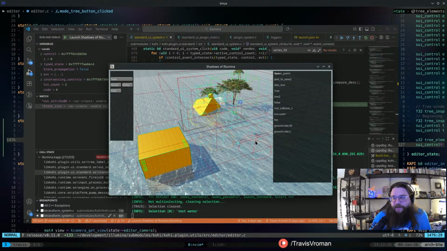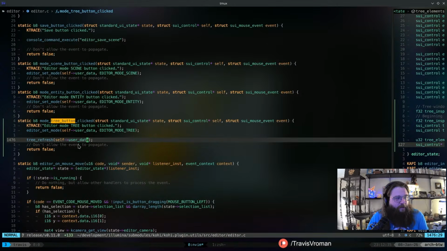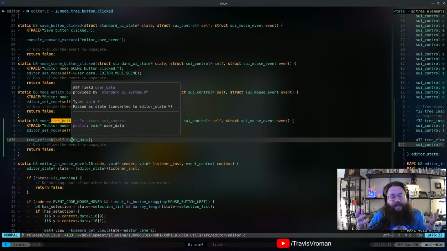Casting the void pointer is basically bypassing the type system in this case. The reason we do that, whenever we do a void pointer cast, like this user data, is because I'm basically saying I want to be able to pass any sort of data along with this control whenever it's clicked, as a sort of context. So it can be an integer, it can be a Boolean, it can be whatever, right? And you could just cast it.